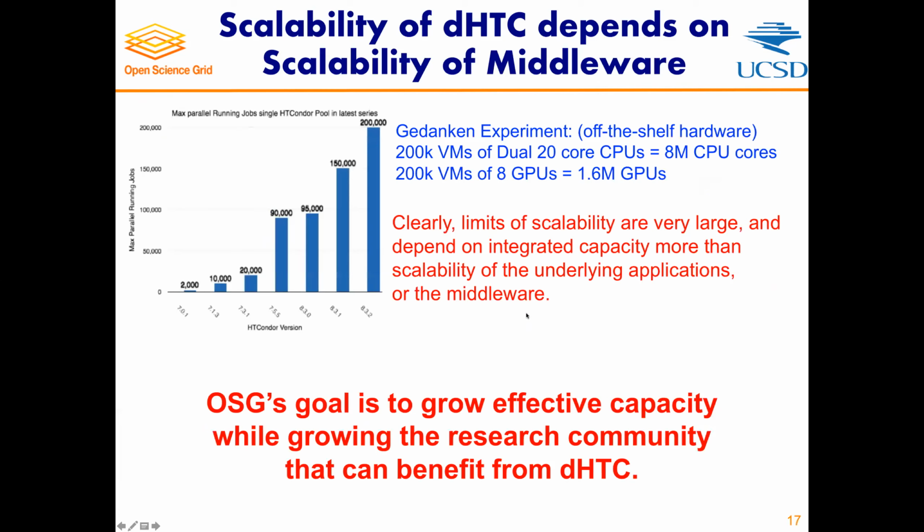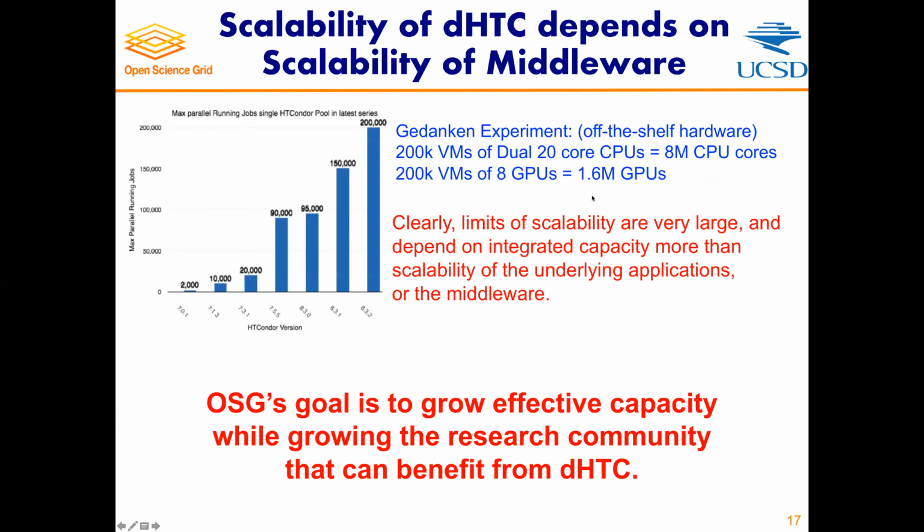The scalability work started between CMS and Condor more than 10 years ago, and therefore I'm guessing that this first point down here is actually 10, 15 years ago. We started this game around 2007-ish, or 2006, in that neighborhood. And the most recent one is from within the last year. This is not a linear timeline. Basically, every time somebody needs another step up, we go at it again. And there are many, many changes that were made to the basic Condor software.